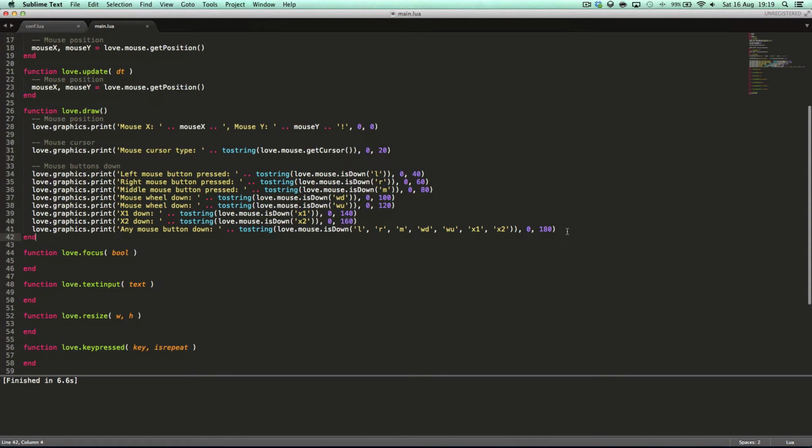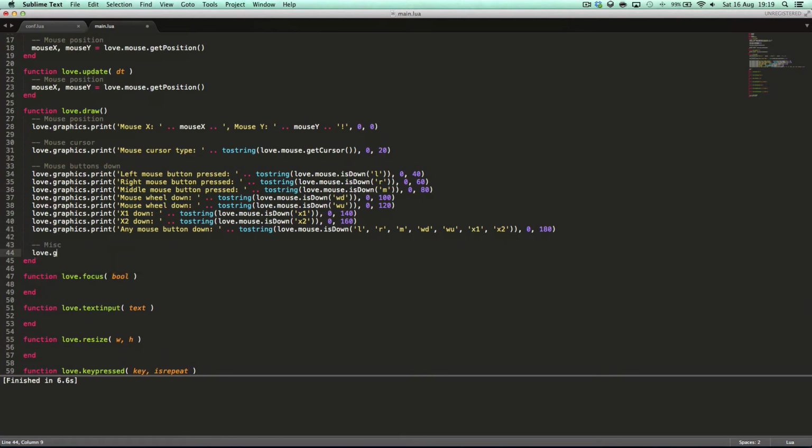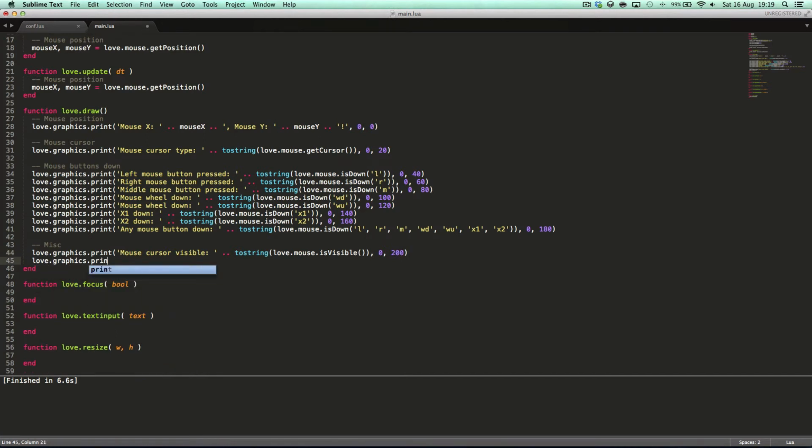And if we go down here, say misc, love.graphics.print mouse cursor visible, tostring love.mouse.isVisible at 0, 200. And then we will say love.graphics.print mouse cursor grabbed within window bounds, tostring love.mouse.isGrabbed. Oh, I should mention that